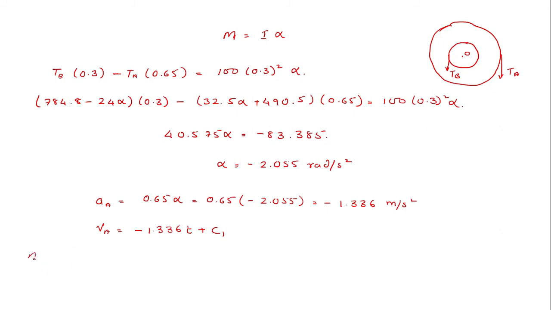Now at time t equals 0, initially when the corresponding step cylinder is started from rest, at that point the velocity of A is equal to 0. So if you substitute this, you would get c1 equals 0. That means VA is equal to minus 1.336 into T. So if you integrate it again, you would get the vertical distance traveled by A will be equal to 1.336 T square by 2 plus